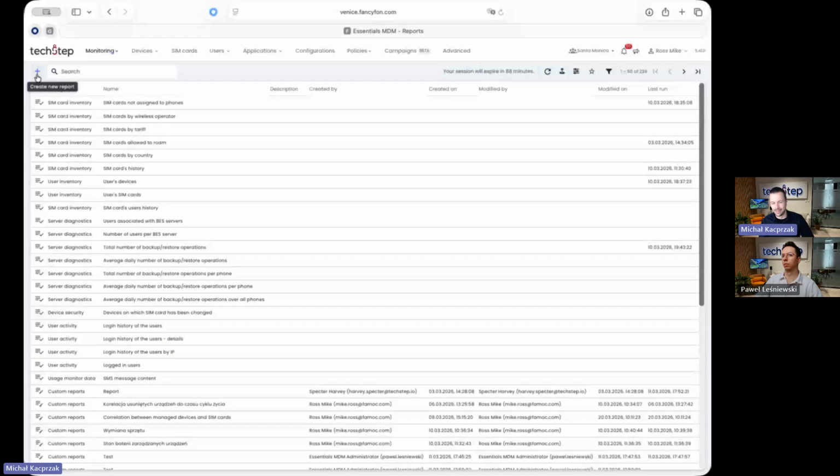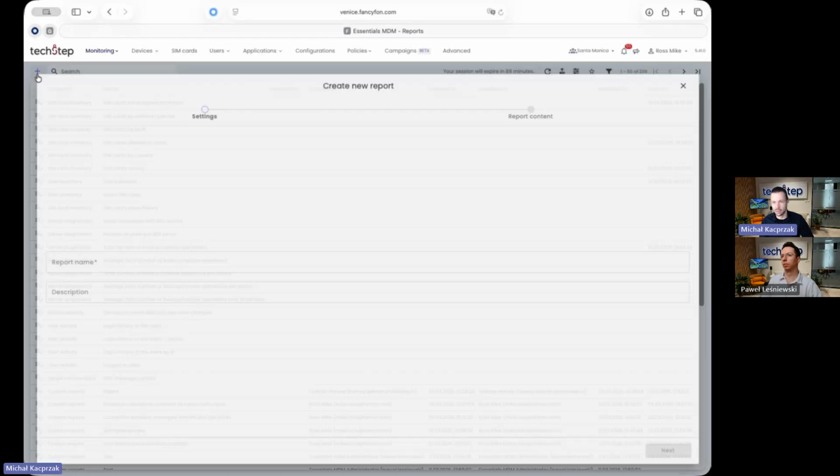Okay, I see I lost my console. So we created a very simple custom report wizard. You can open it by clicking on this big plus button on the left top corner